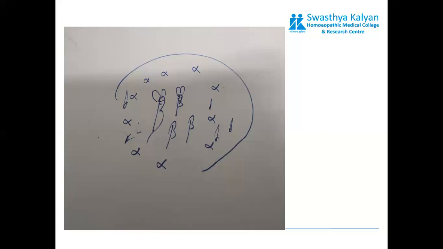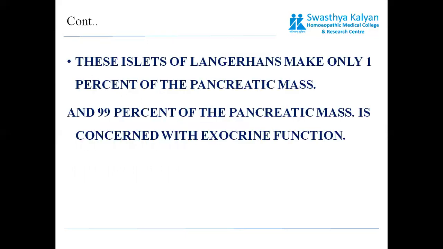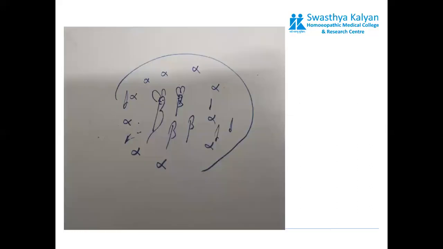Then the next type of cell is the delta cells. We know the position of the beta cells, the center of attraction. Then we know the position of the alpha cells around the beta cells. Alpha males are very competitive, aggressive, dominating, so they are around the females. Now delta cells. Where should delta cells be? We should now decide the position of the delta cells.